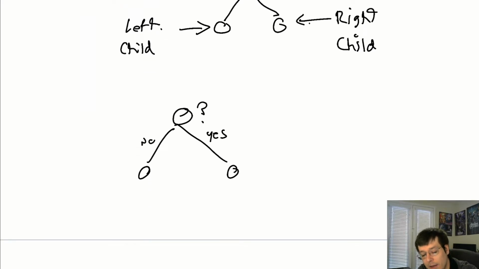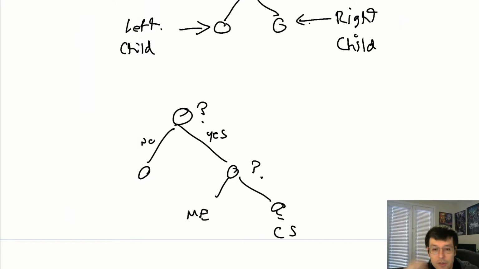And then this would be like, okay, do you like computers? And if you answer yes, you go here, and it would say, okay, go do computer science. If you answer no, then it would say, go do mechanical engineering. And if you answer no here, it said, okay, well, do you like to take care of someone? Okay, go be a doctor, or if you don't, then go be a lawyer, or whatever.